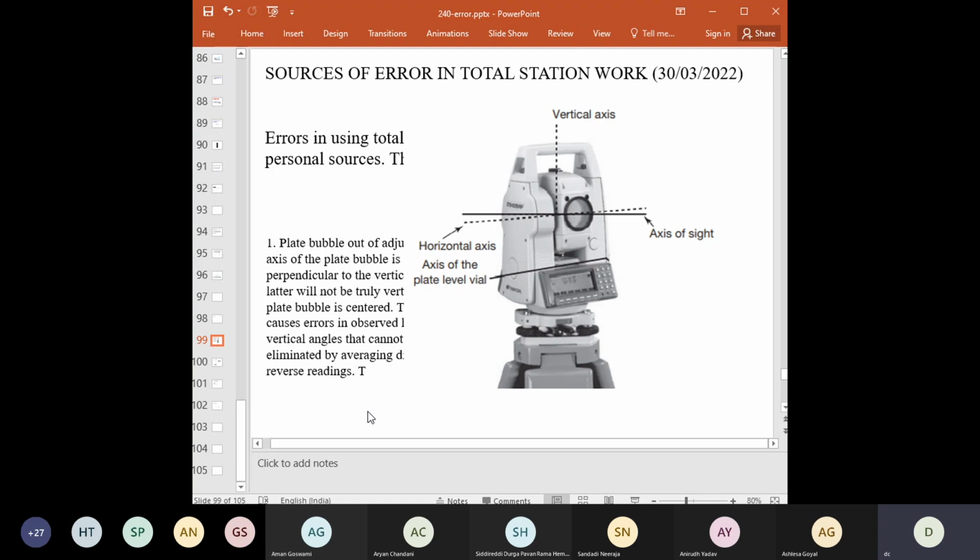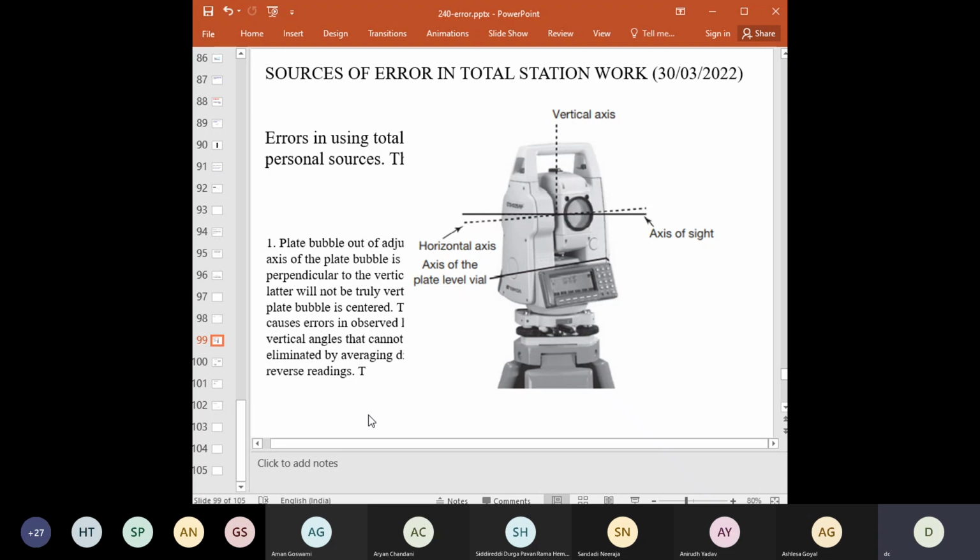It can measure some of the primary parameters, angular and some length parameters, and of course calculate and compute the derived parameters or